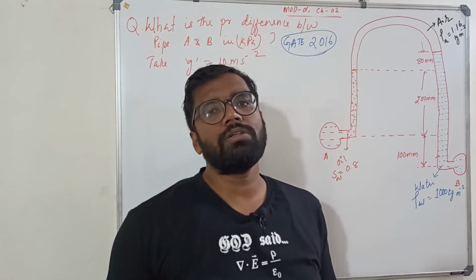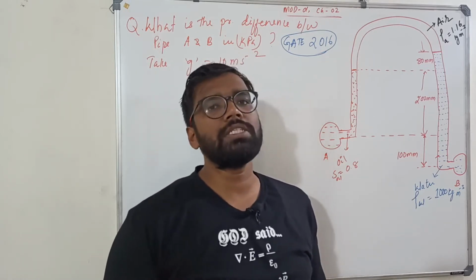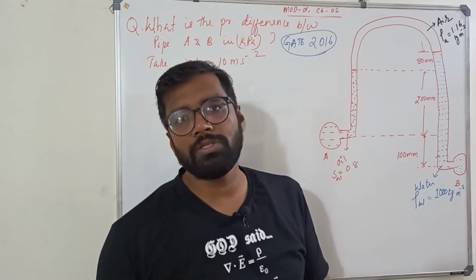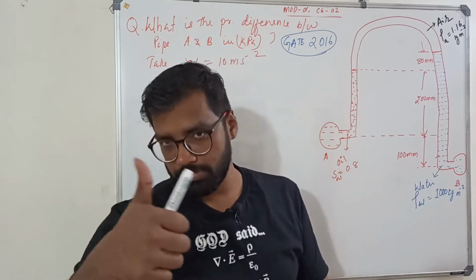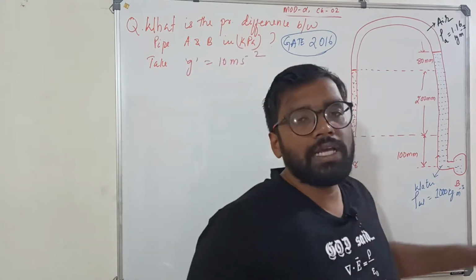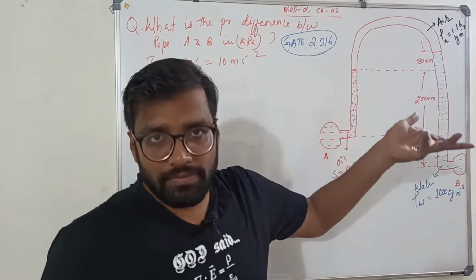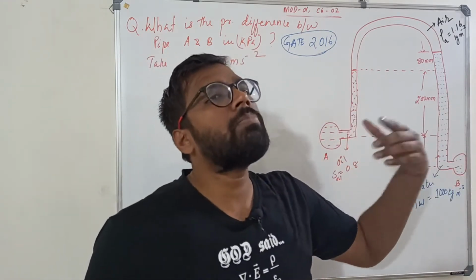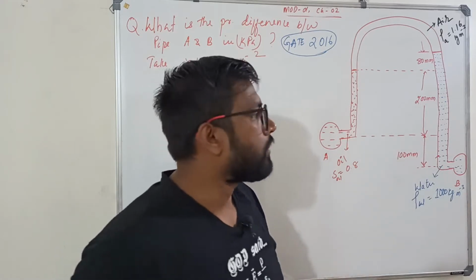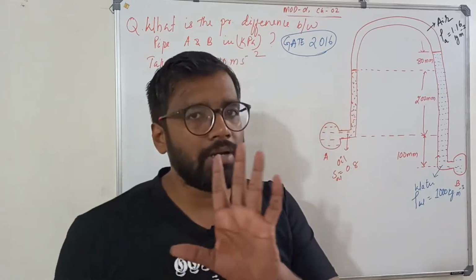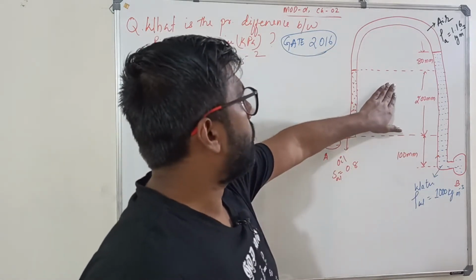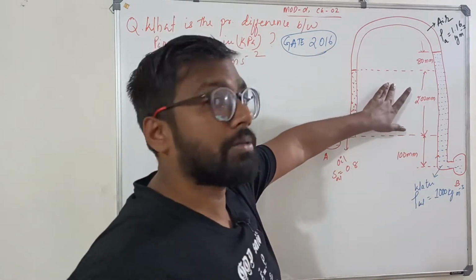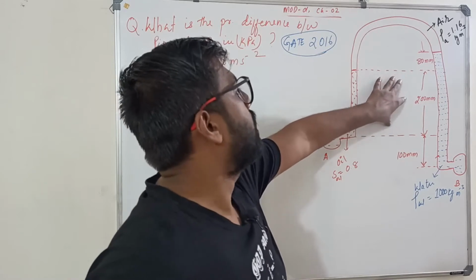absolute pressure also, if you take atmospheric pressure into consideration, because P absolute equals P gauge plus or minus P atmospheric. Minus in case of vacuum pressure, suction pressure or negative gauge pressure, plus in case of positive gauge pressure. So P absolute equals P atm plus or minus P gauge. Okay, now look at this.